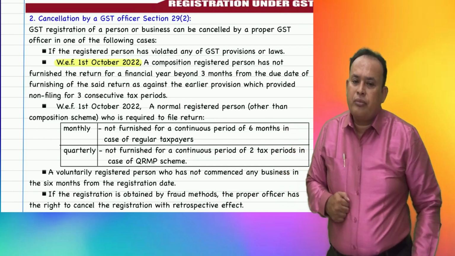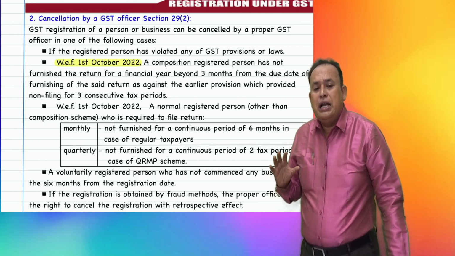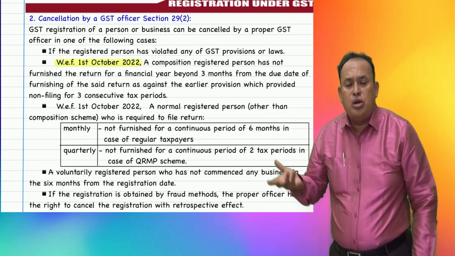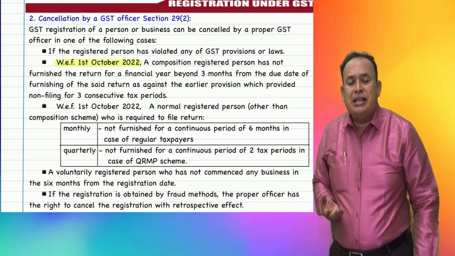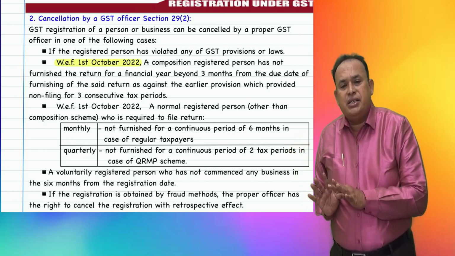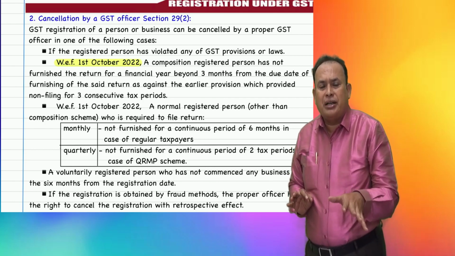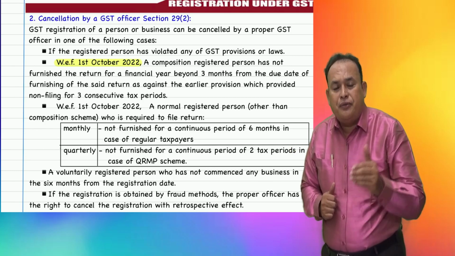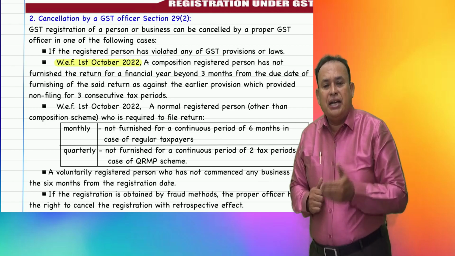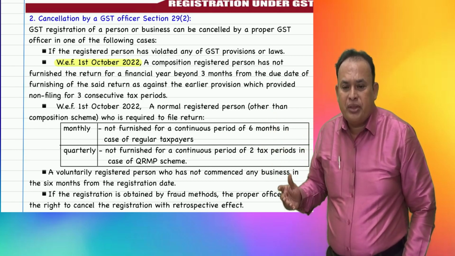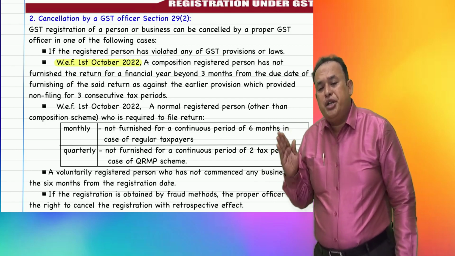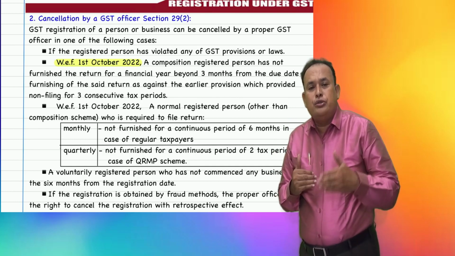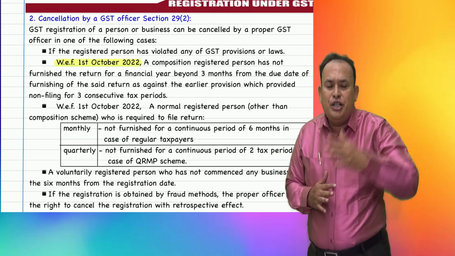Further, from 1st October 2022, a normal registered person paying GST, other than under the composition scheme, who is required to file the return monthly. In that case, every month a return, meaning GST 3B. The GST 3B return is filed monthly by the 20th of the following month from the end of the relevant month. In that case, if a monthly return filing taxpayer has not furnished returns for a continuous period of 6 months, in the case of a regular taxpayer, April, May, June, July, August, September, 6 months, continuously not filing the return at all,